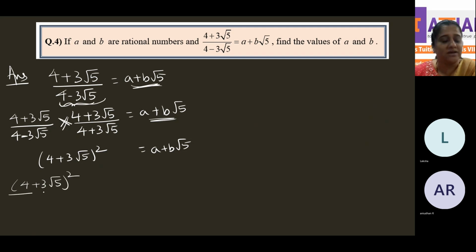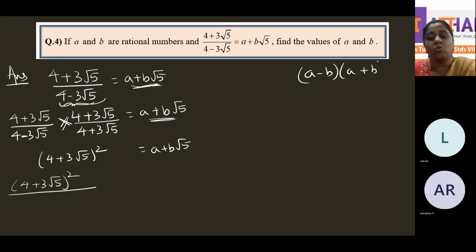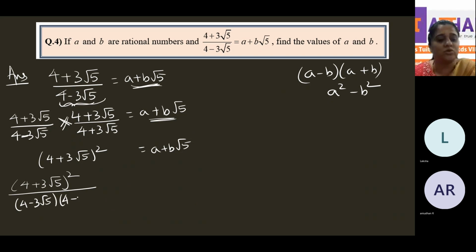But the denominator is 4 minus 3 root 5 into 4 plus 3 root 5. So it's like A minus B into A plus B. What is A minus B into A plus B? A square minus B square. You can write that if you want: 4 minus 3 root 5 into 4 plus 3 root 5 is equal to,